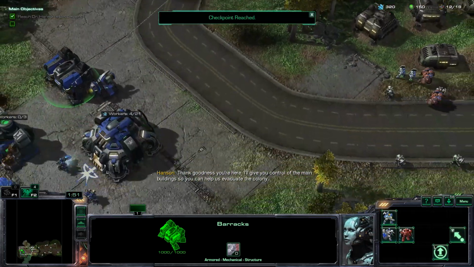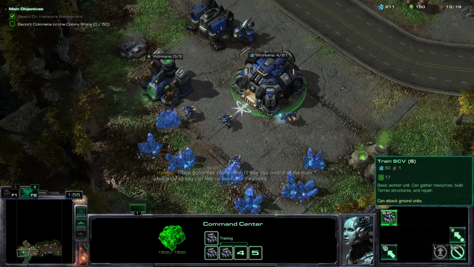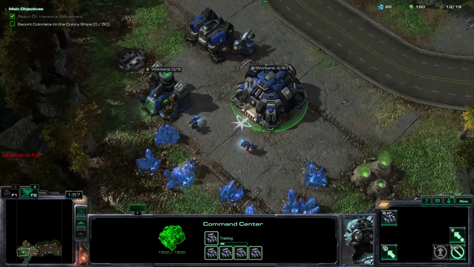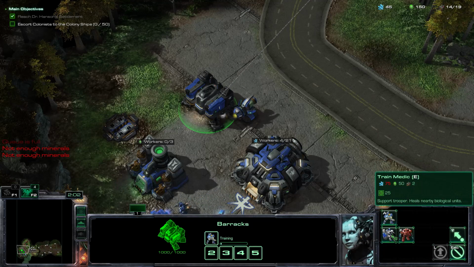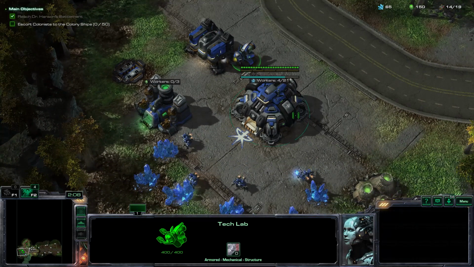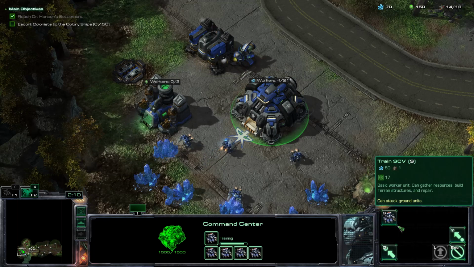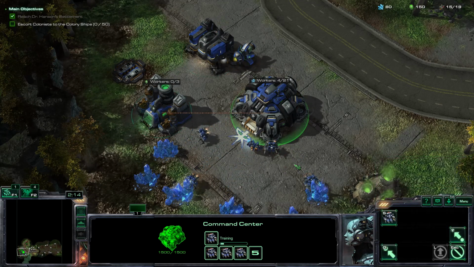Okay, so here's your base. This is what you're starting with. Because I kind of screwed up at first, you need to build SCVs until you get 10. Then build Marines, like 3 or 4 Marines to 1 medic. And then when you get some more money, get a firebat. But once you get 10 workers, go ahead and build another...